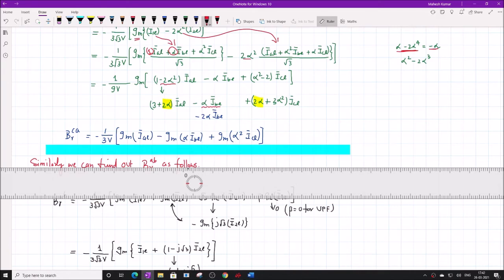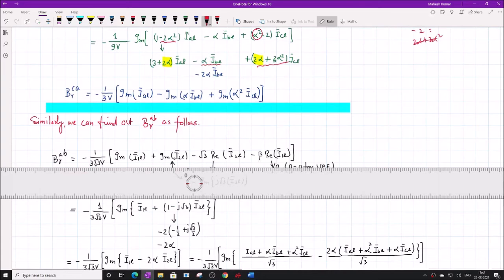And the third one is ICL. So ICL is nothing but alpha square from here, and minus 2 alpha cubed, this and this is minus 2 alpha cubed. So this becomes 2 alpha plus 3 alpha square, because this is nothing but minus 2. So minus 2 can be the same as 2 alpha plus 2 alpha square. Okay, minus 2 becomes minus 2 alpha plus 2 alpha square. So this becomes 2 alpha plus 3 alpha square, because this is already 1 alpha square.